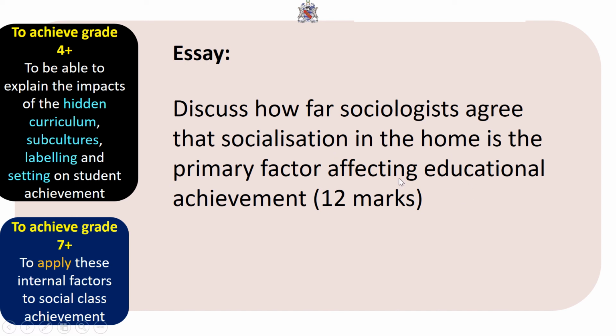Maybe material deprivation, or maybe the factors we've studied in today's lesson. Setting, labelling. This affects your achievement. What set your teachers put you in, how your teachers think of you, that affects how well you're going to do. Whether the hidden curriculum supports your learning, or whether you end up in an anti-school subculture with negative attitudes to school. That's the most important thing. Perhaps think about your classes. The students who do least well. Is it the ones who've got the least ability or the poorest parents? Or is it the ones that have a really negative attitude to school?